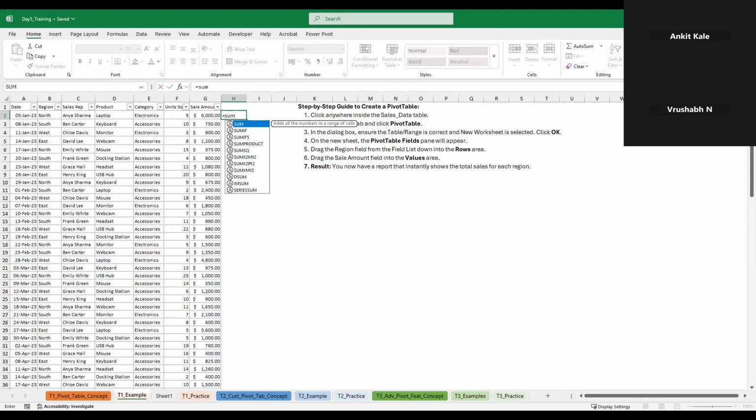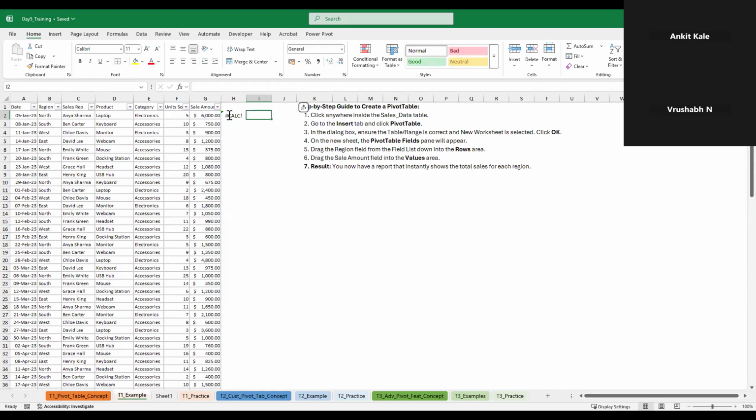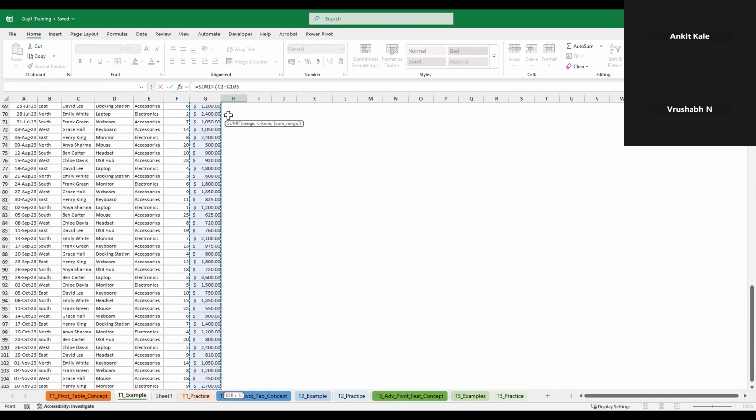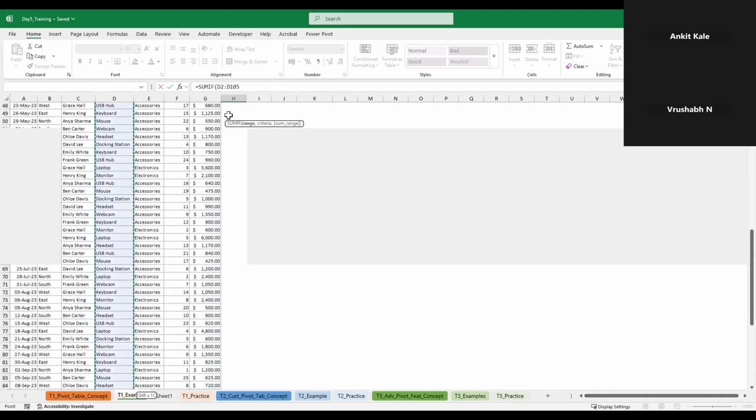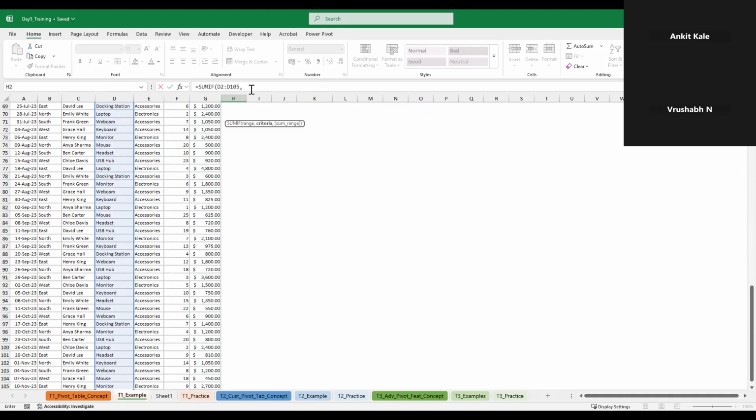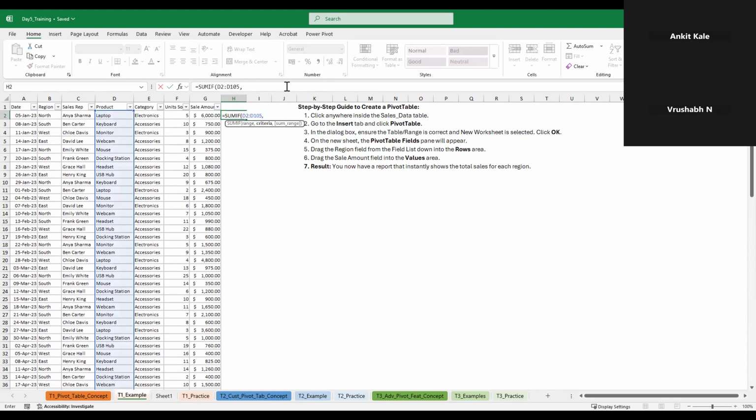Let me just check quickly. How can we apply it? Any clue? This equal to,